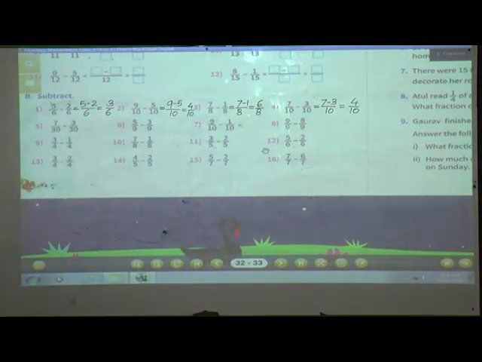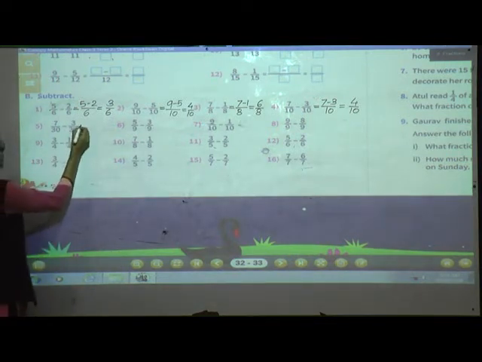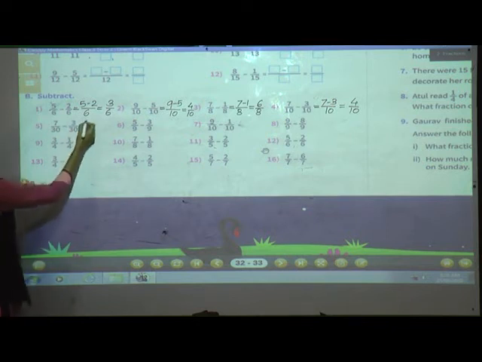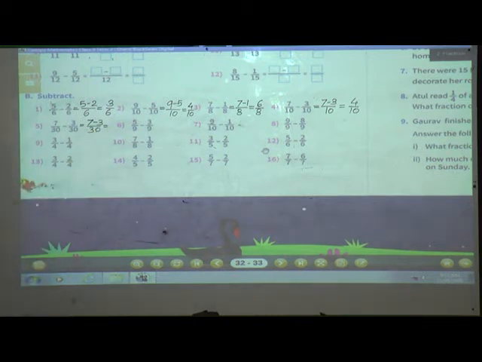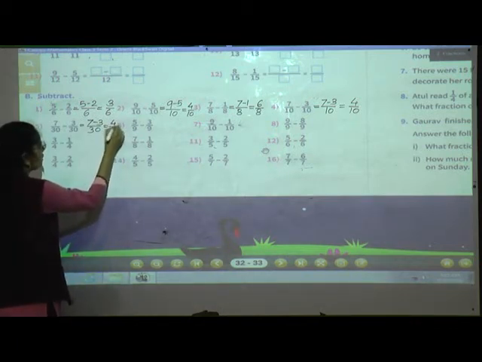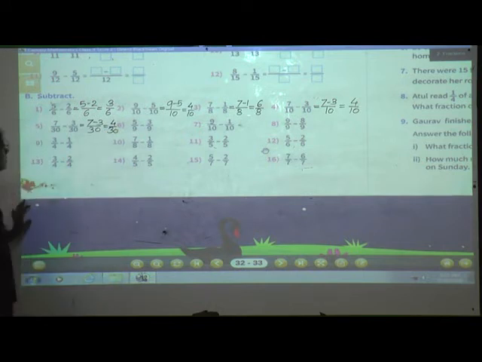Next, fifth number, 7 by 30 minus 3 by 30 is equal to 7 minus 3. Yes, tell me the answer. 7 minus 3 is equal to 4. Correct. 4 by 30. Next,